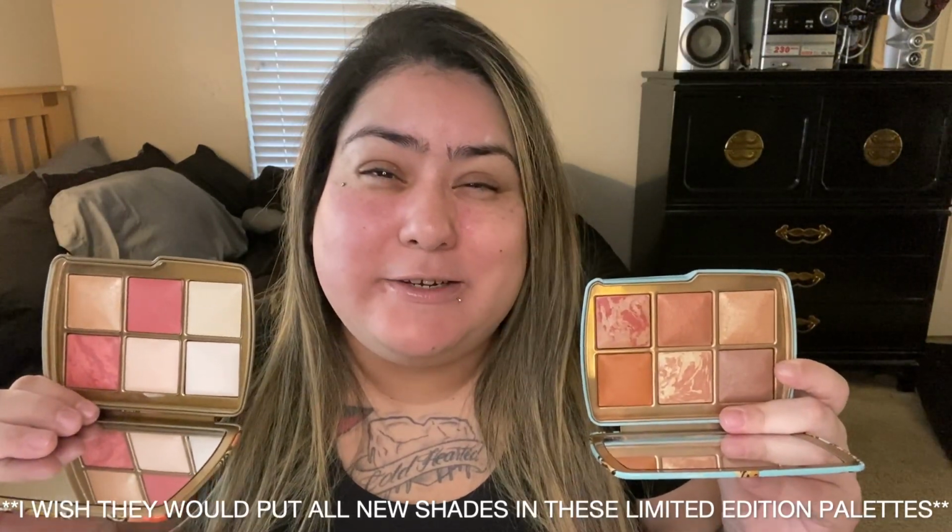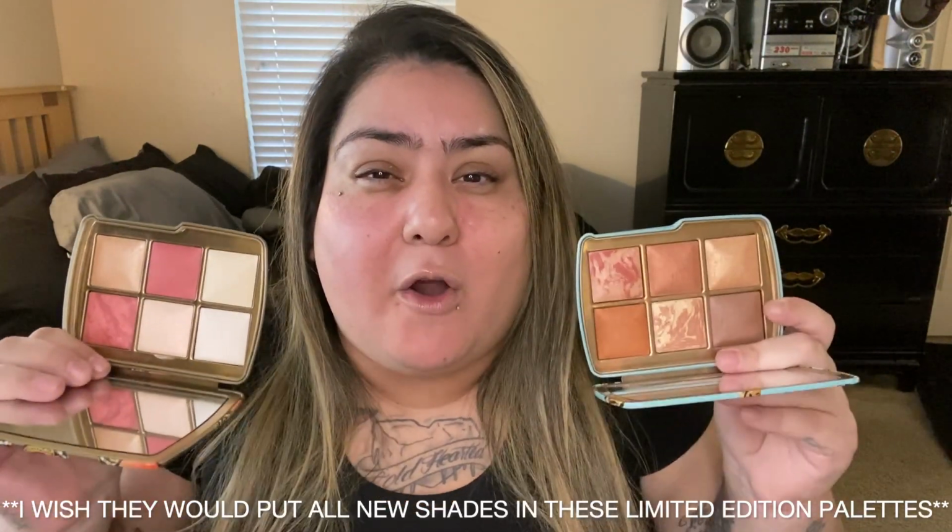These are $90. That is a lot, especially if you already have shades in your collection for just repeat shades. That's ridiculous in my opinion. However, if you don't own a lot of these Hourglass singles or palettes, then maybe they are good value for you. But I would highly recommend checking your collection first before purchasing these from Hourglass